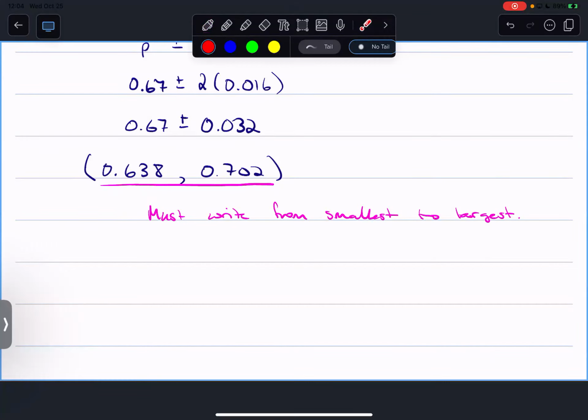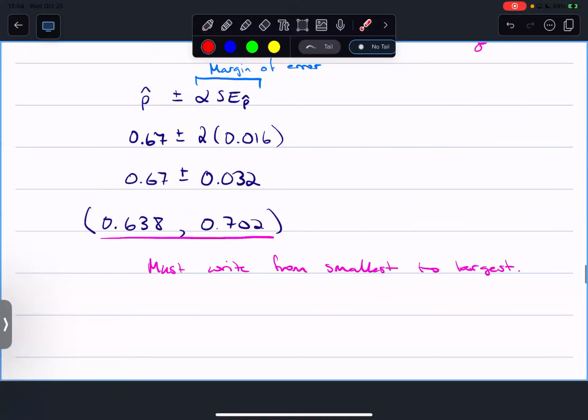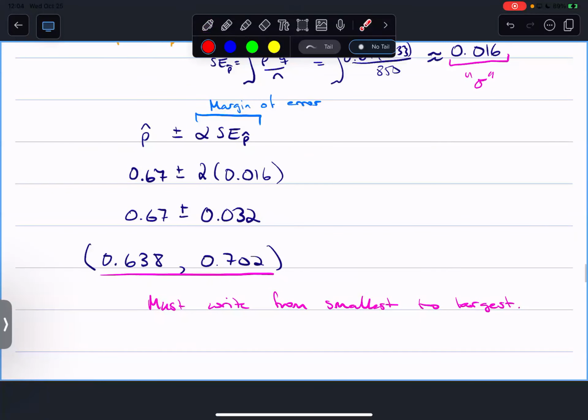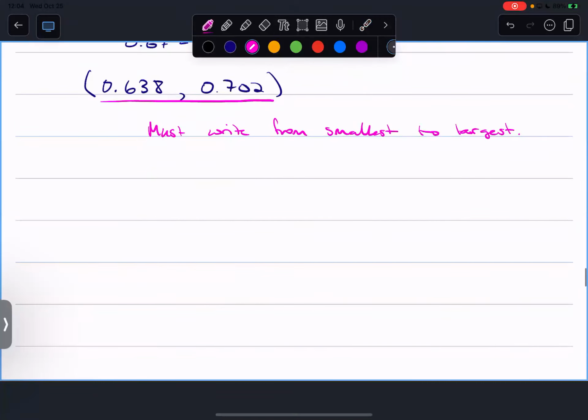So, all right. What does this mean? We built a 95% confidence interval because we moved out 2 standard errors from the sample proportion. And so now we can write this as a sentence. I would encourage you to always follow this interpretation format until you're comfortable. It goes a little something like this. We are 95% confident